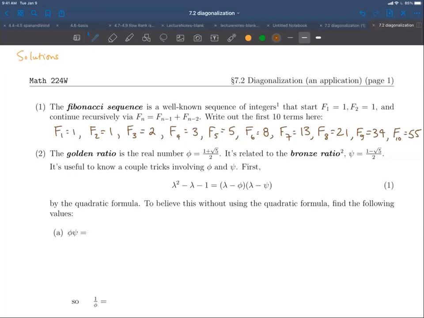And I've written this with lambdas because, as you might suspect, we're going to figure out something that might look like a characteristic polynomial for a linear transformation involving some lambdas. So let's work this stuff out. If I want to do phi times c here, I'm going to do 1 plus the square root of 5 over 2 times 1 minus the square root of 5 over 2. And this has the effect of